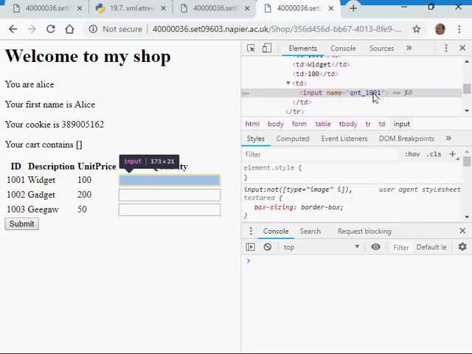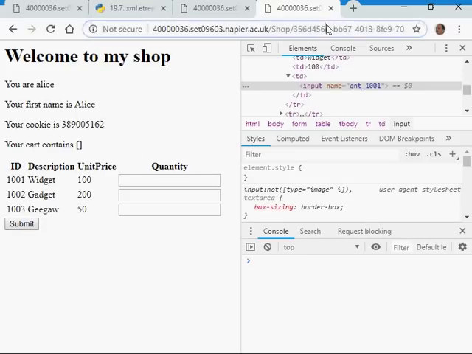That means that when I put values in, I'll be able to pick them up at the other side, in the return. So if I put in here, I want one of them and two of them and three of them. When I click on submit,